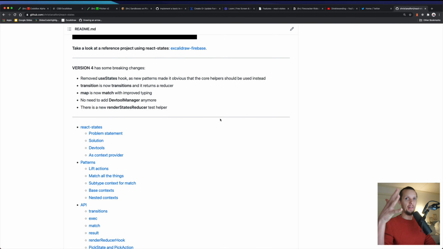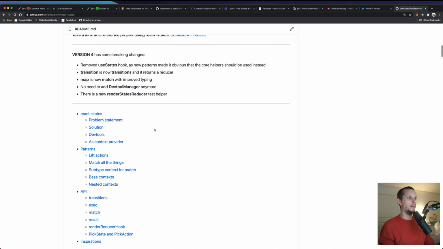So maybe you have 5 states on the context, and then you have a function that only deals with 3 of them. In that case, you also want to use the helper functions to operate on that subtyped context, and that wouldn't work. With the useStates hook, you would have 2 different ways of operating on these contexts, which I didn't like.